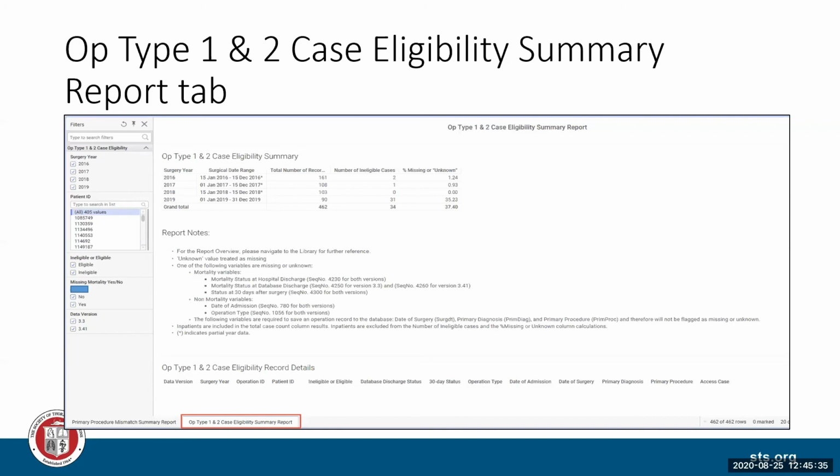Let's see here. All right, so our next question. So if your dates of surgery are not exactly from the first date of January to 31st of December, that is considered a partial year. So I think they're looking at the asterisk on the surgical date range columns.